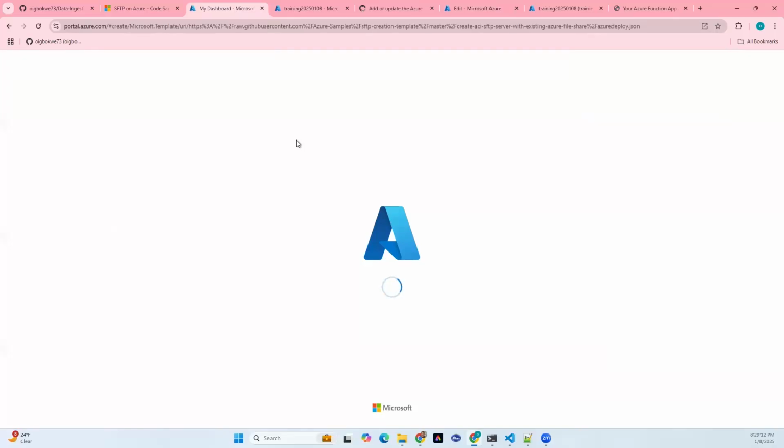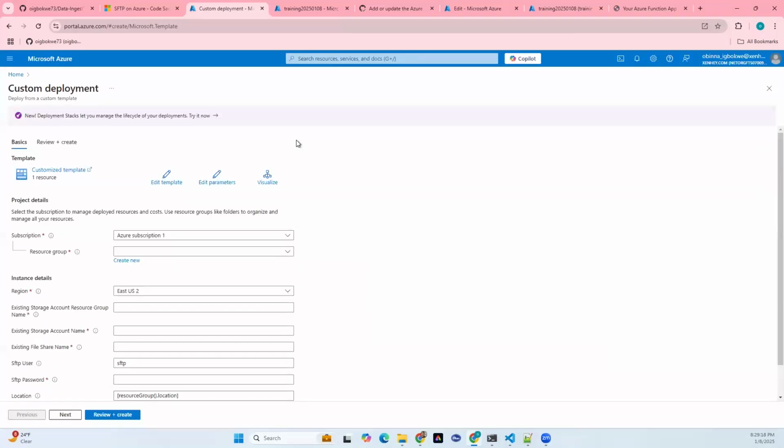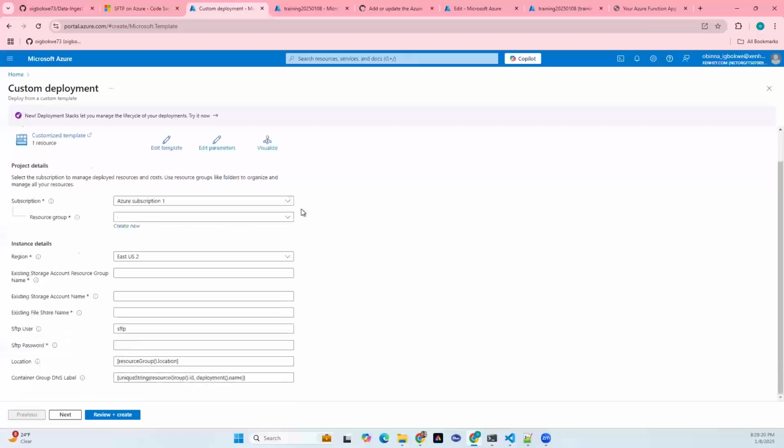and it to drop you right into a custom template. Now, custom templates are slightly different. There's no direct tags on them. You can come and tag them later on. It drops in my subscription. I have to choose the resource group. It knows my region based on the resource group I've chosen. And it's going to ask me for my existing storage account name, and that's called trading